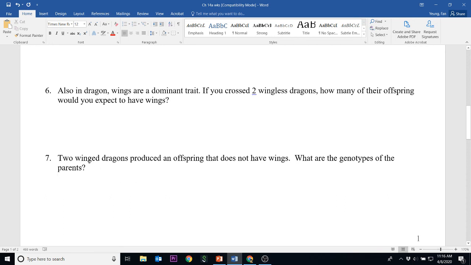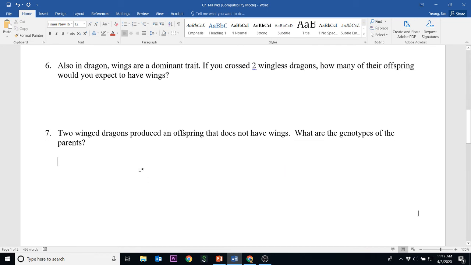So the parents both have wings, but the offspring doesn't have wings. Okay, so think about this. If wings are dominant, for two winged dragons to have a wingless dragon, the parents have to carry the wingless gene or alleles to give it to the offspring. Does that make sense? So if you look at this,